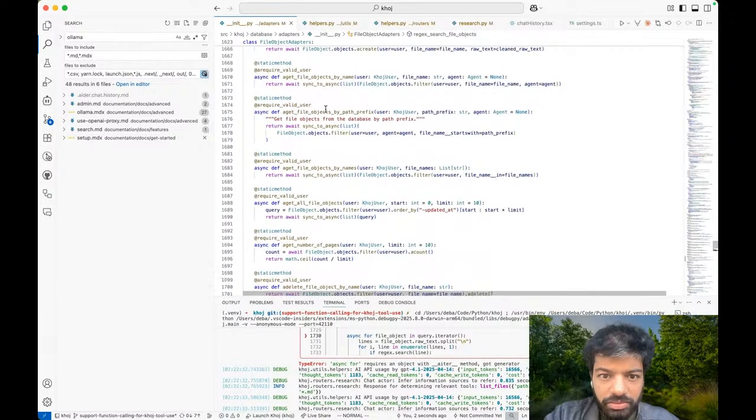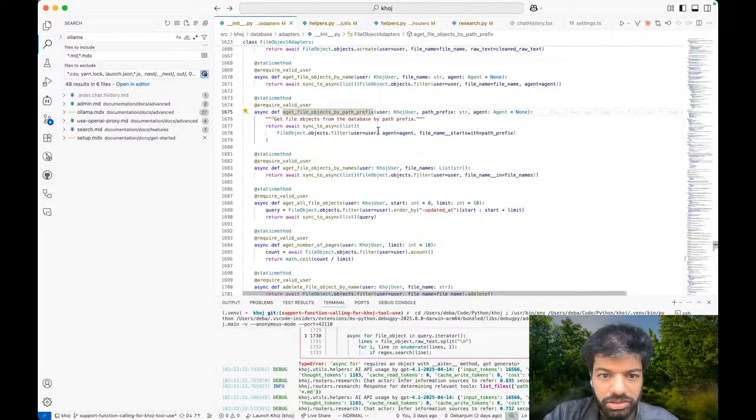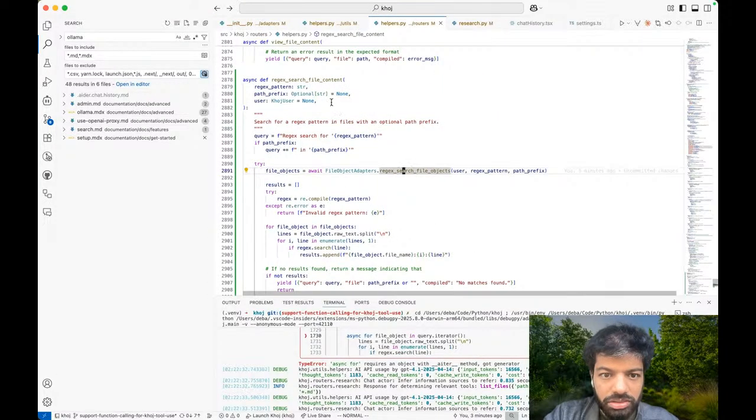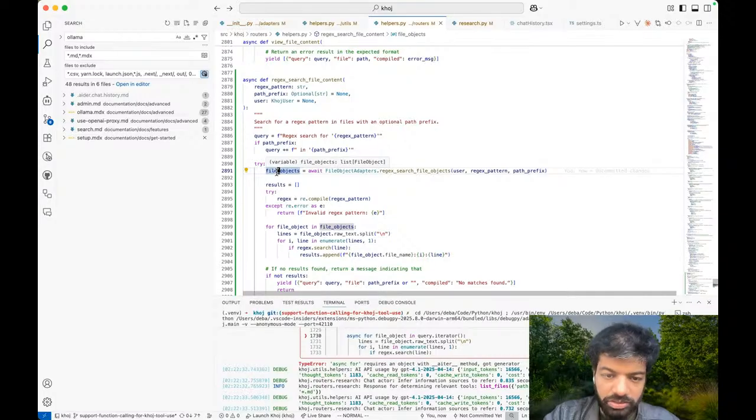This is how they're used, which is also correct. And then this is an async function, and that returns a list of file objects as we expect. This is a file object.